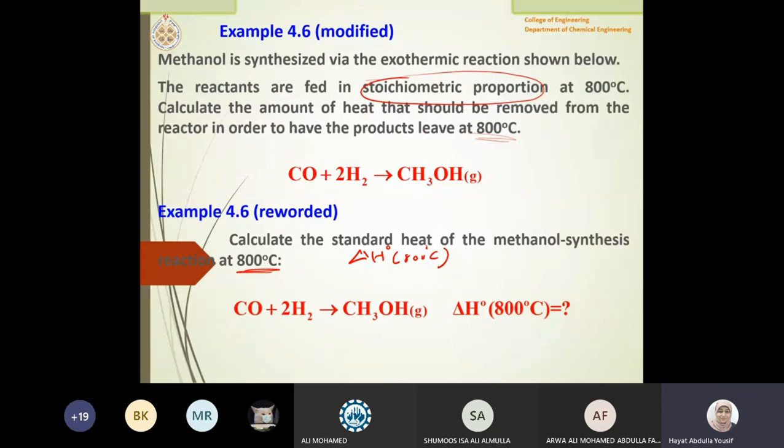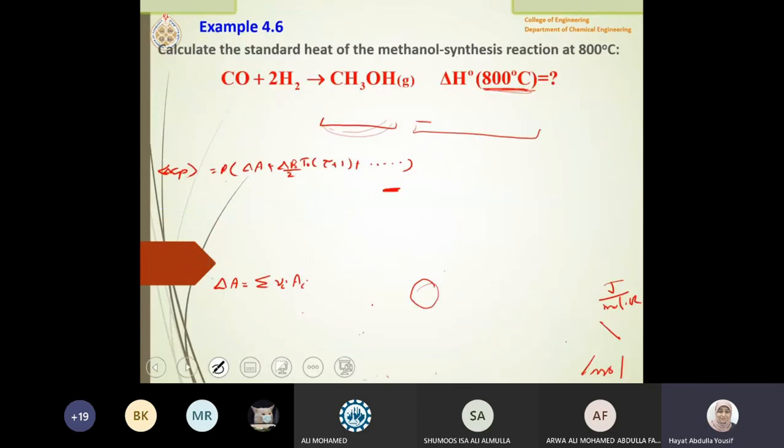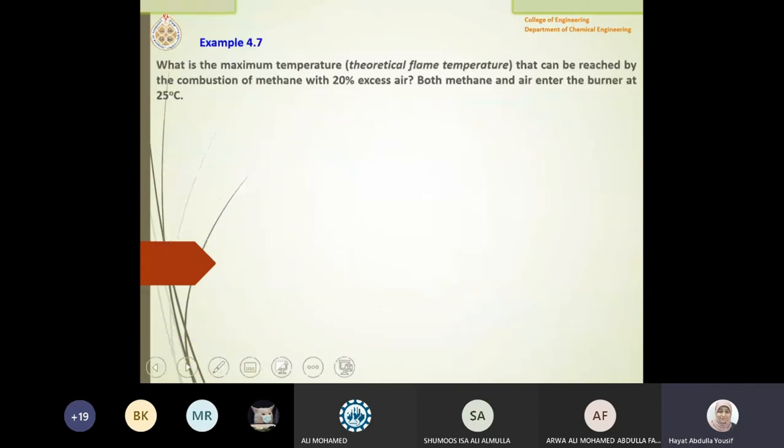In industry, this might not be exactly the case. You may have a different number of moles of CO, a different number of moles of hydrogen, you have excess, you have percentage conversion, and because of that, you have to make all the material balances to know how much in and how much out. Here, they made it easy by giving you how much in and how much out. So at the end, I know I have 1 mole of CH3OH produced, and the joule per mole was easily converted to joule.